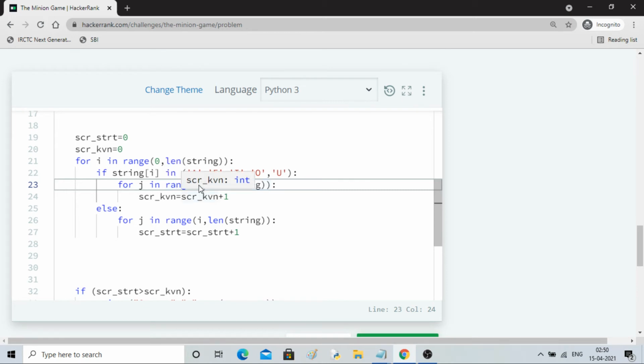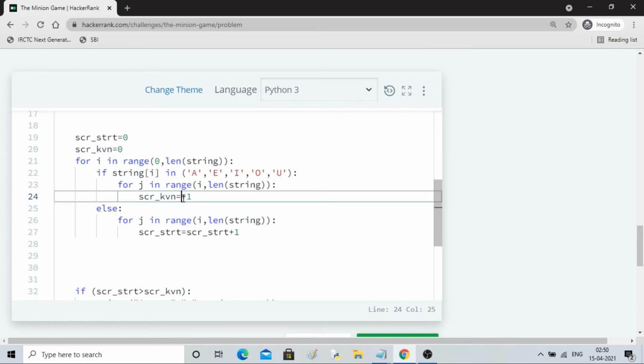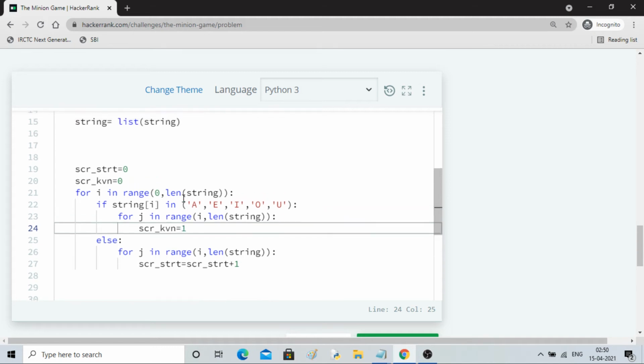Means the for loop is running, every iteration it is doing the addition. So why not take this and multiply the difference. I can use the difference, it will be same, right?